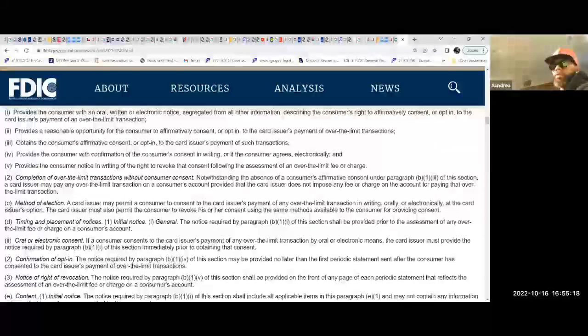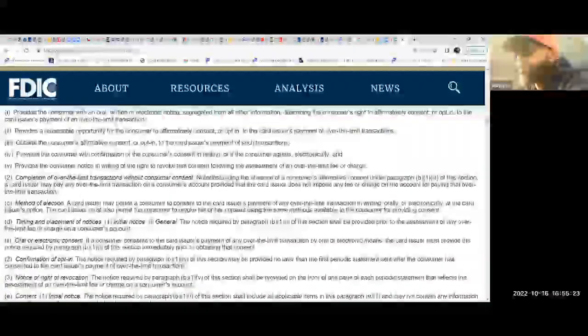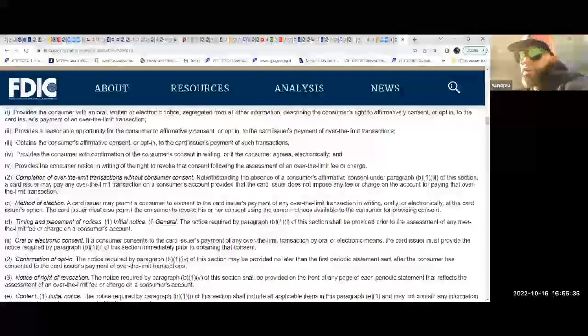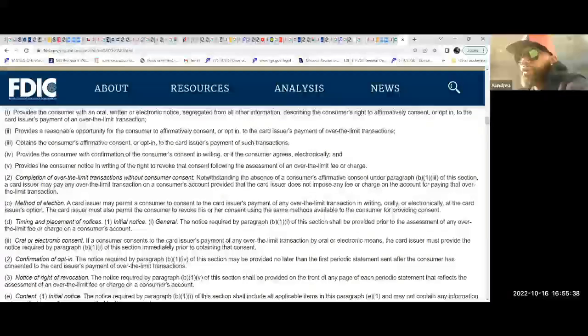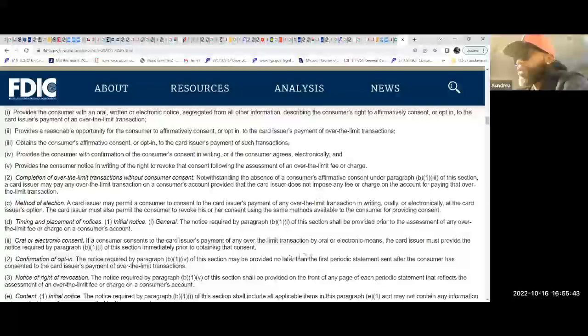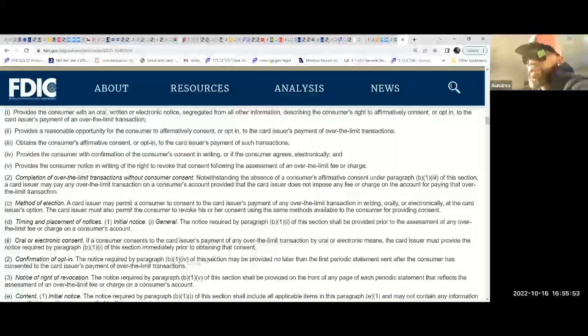Time and placement of notices, initial notice, general. The notice required by paragraph B1 of this section shall be provided prior to the assessment of any over the limit charge on the consumer's account. Oral or electronic consent: if the consumer consents to the card issuer's payment of an over the limit transaction by oral or electronic means, the card issuer must provide the notice required by paragraph B1 of this section immediately prior